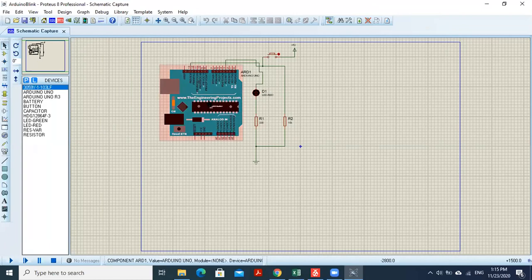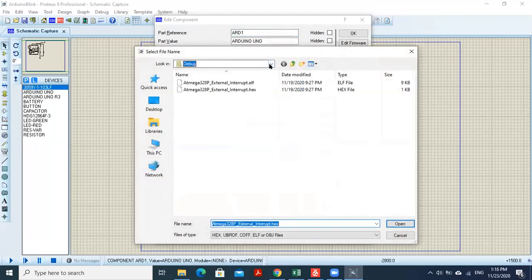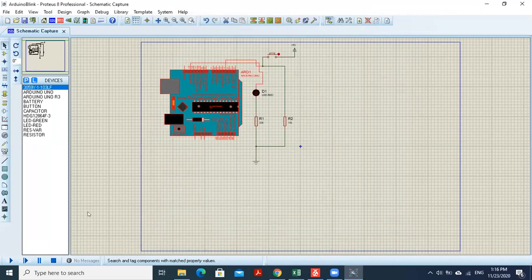Right, now I will set my file to the studio one. Okay, if I run this program, we should be able to see this LED blinking, right?